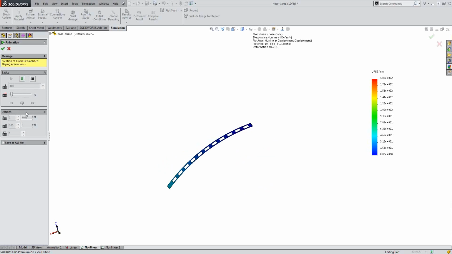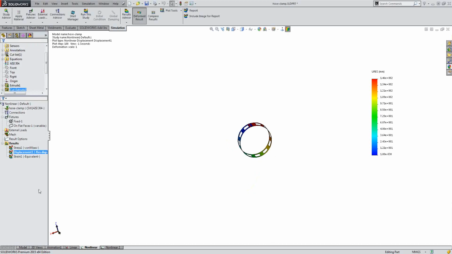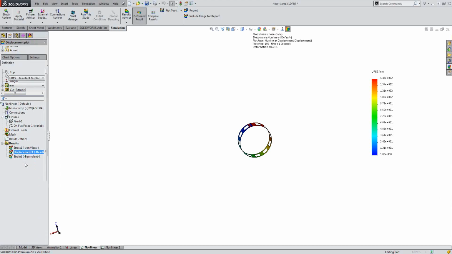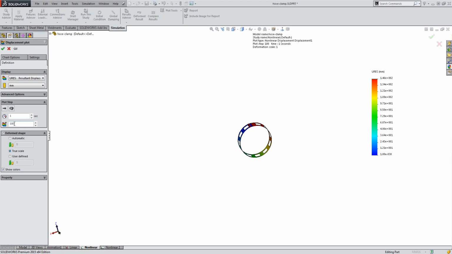Very nice. So just keep in mind, as this is rotating, you will see that the plot steps and the time that we set in our properties are showing up here. So what's even nicer about having a plot step is that if you go into either the stress or the displacement and say edit definition,